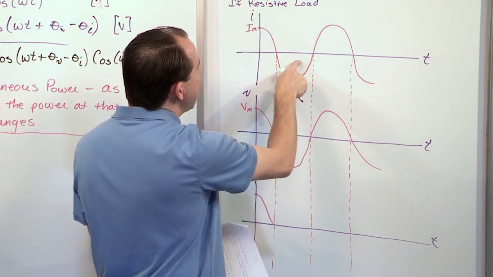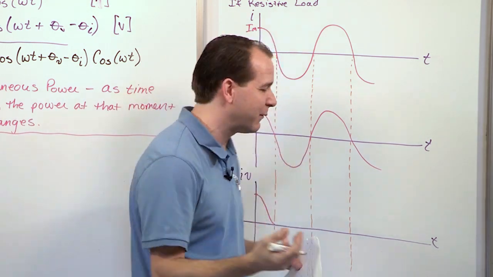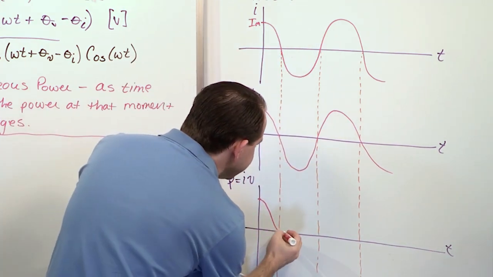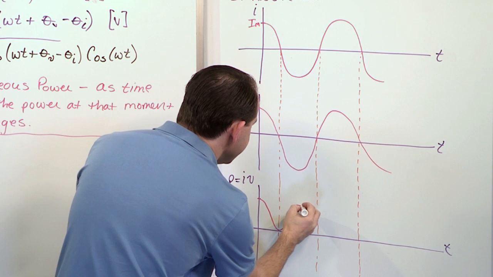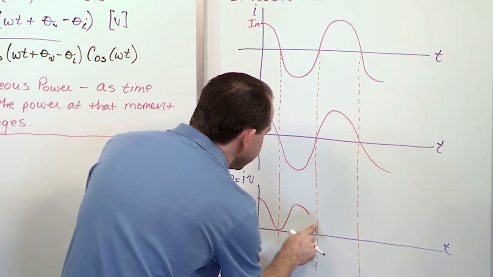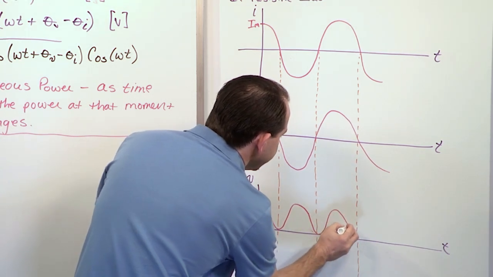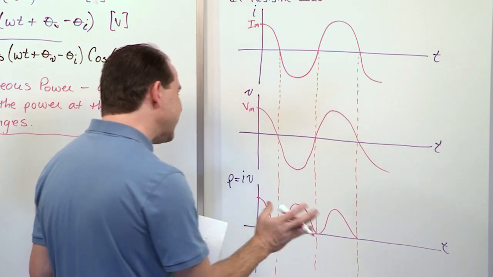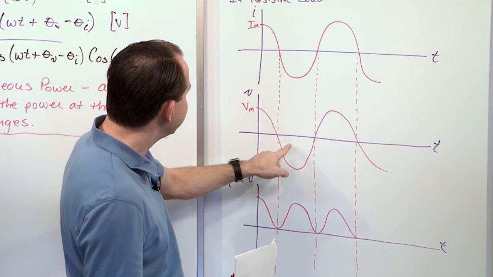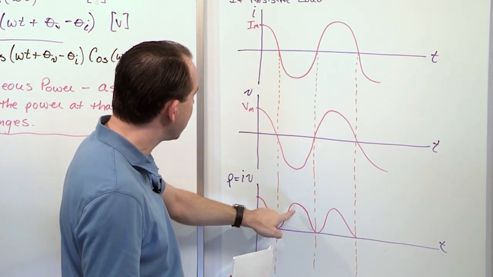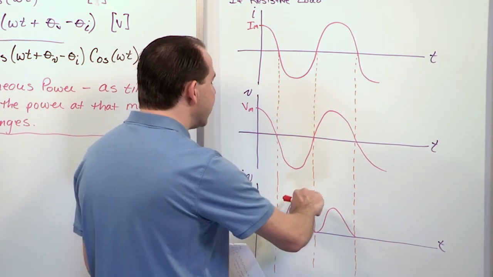But then what's going to happen on the other side? This is a negative I times a negative V. Negative times negative gives you positive from algebra, right? So this does not dip below the axis. This goes back up. And I'll just continue it on here like this. That's not a perfect drawing, but you get the idea. What's happening when you multiply these is that anytime they're positive, the product is positive, but anytime they're negative, since they're multiplied together, they're also positive. So when you have this power for a resistive load, you do get this oscillating thing going on for instantaneous power,